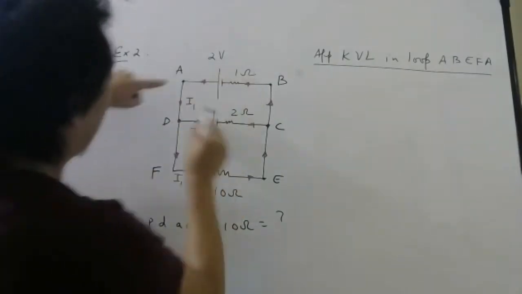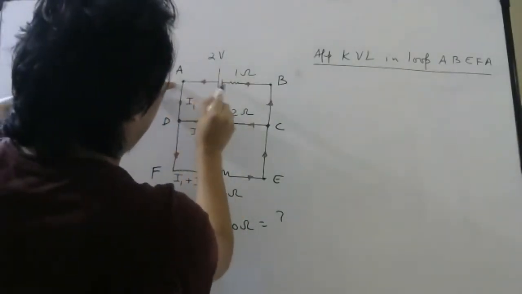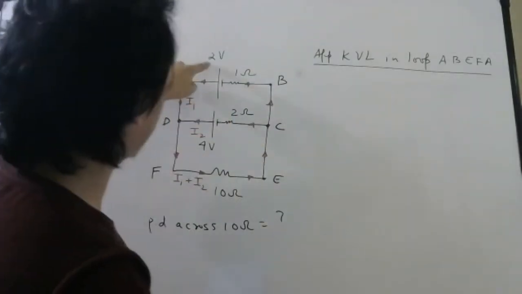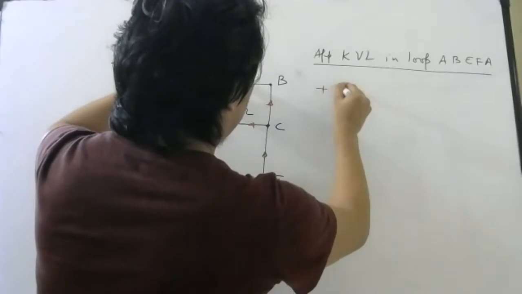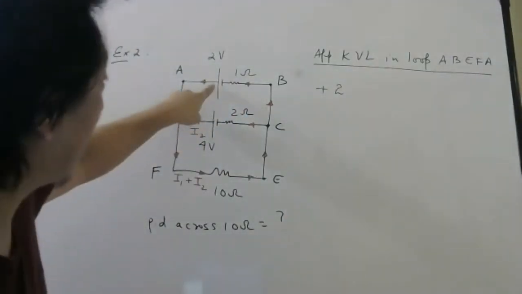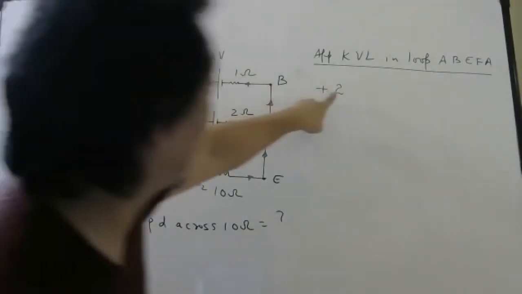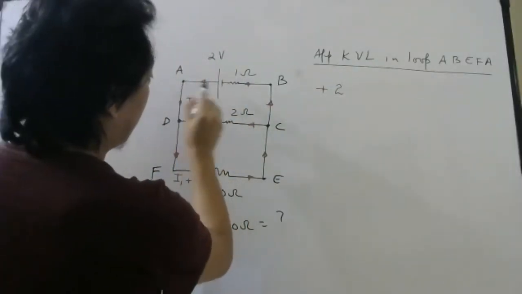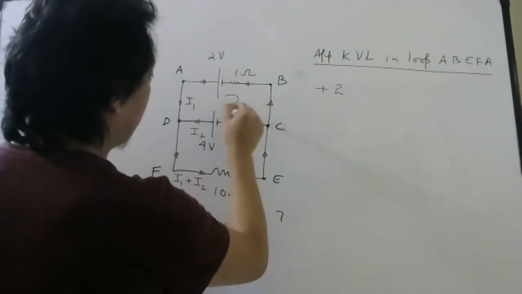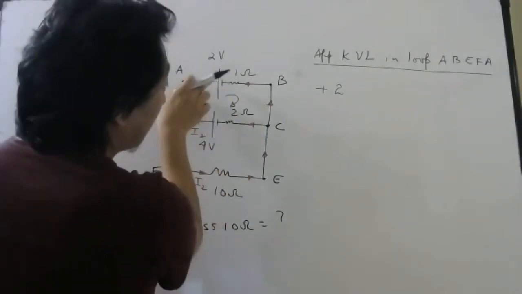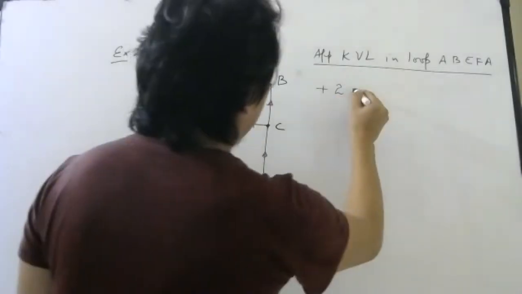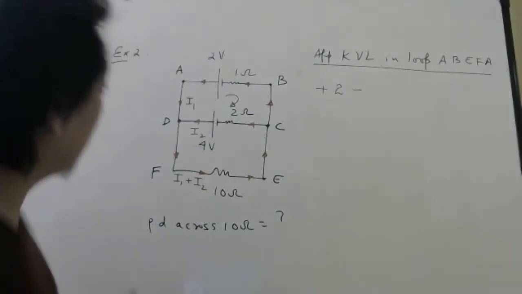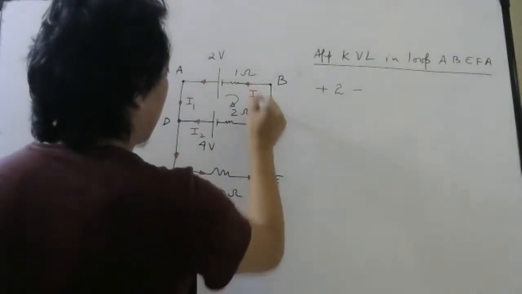First, here only. So here, plus to minus for battery. Drop positive. What is the EMF? 2 volt. So plus 2. For battery, directly write the EMF. Don't write I into R. So for battery, I am done. Plus 2 minus drop. I move this way. Then for resistor, I am moving opposite to current. So minus, what is the current here? In all this branch, current will be I1, no? In this branch, current will be I1.